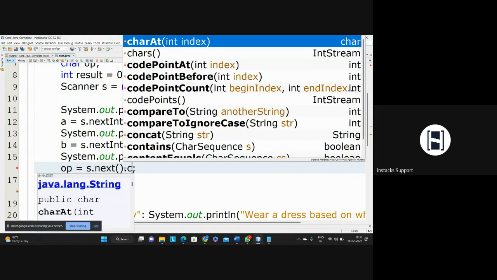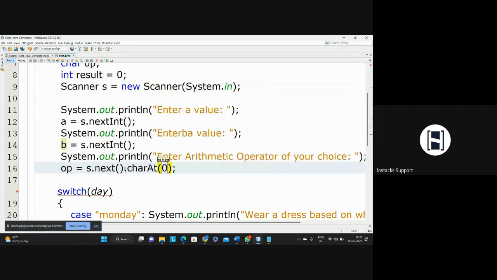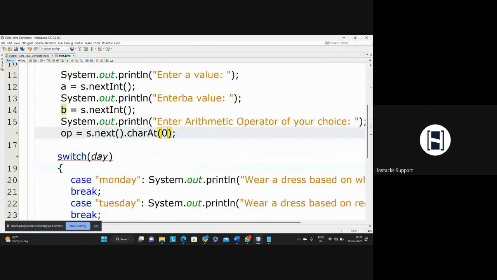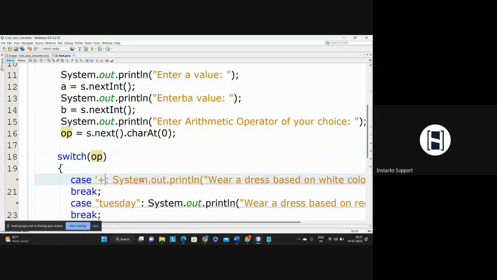Remember, char. Done. Now pass the op as the parameter. You're going to pass op as the parameter for the switch case. So how are you going to use it? If the switch is a plus operator, if it is a plus operator, then I'm going to say